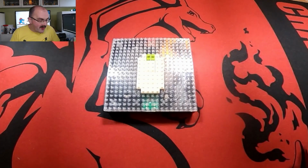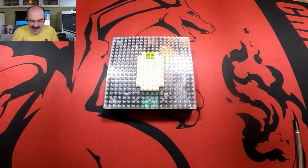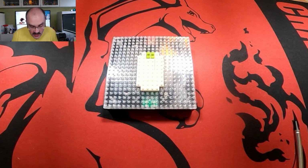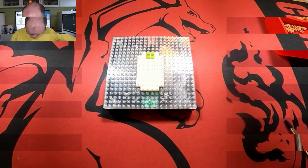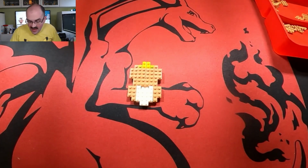So with step 1 now over and done with, it's a really simple build step, but it also has a bit of stability to it. So with that over and done with, I can now move on to step 2 of the build, where we're going to be working more on Yamper's body. So now we're done with step 2 of the build, and the display is on the side again for this. So don't worry about not being able to see it later, because we'll be using it at the end of